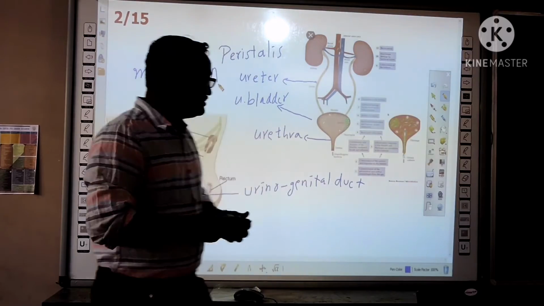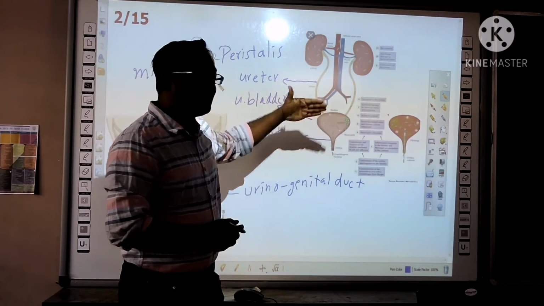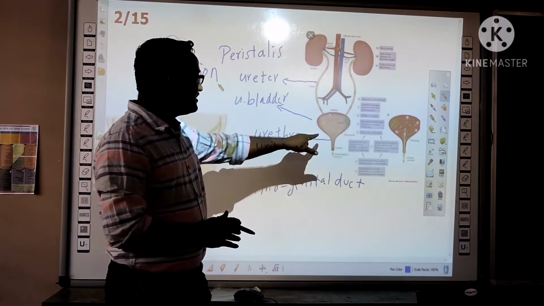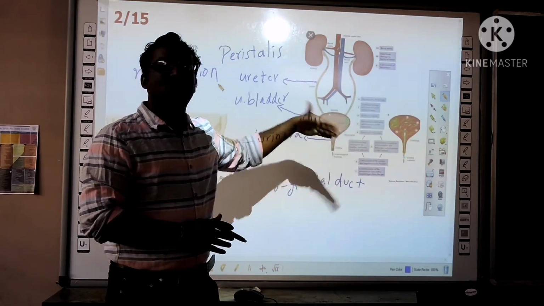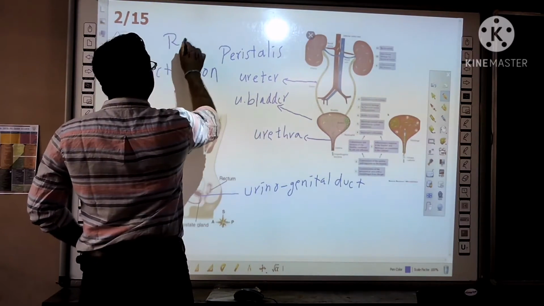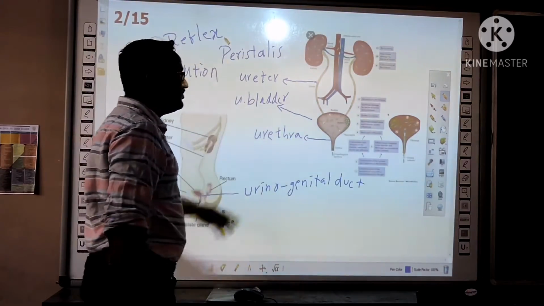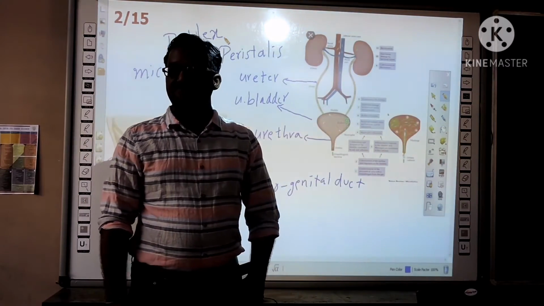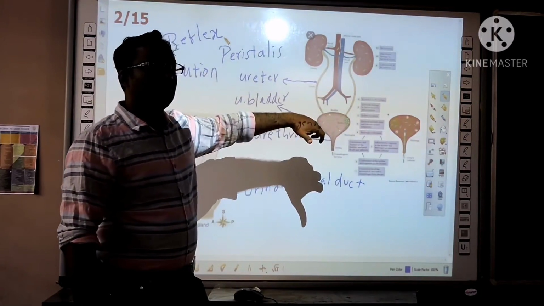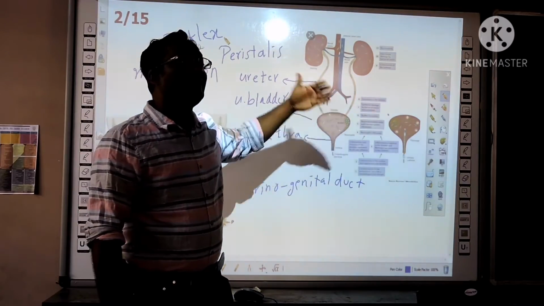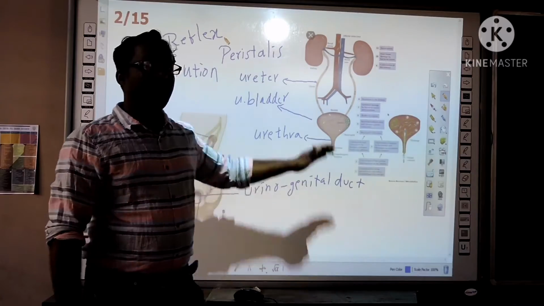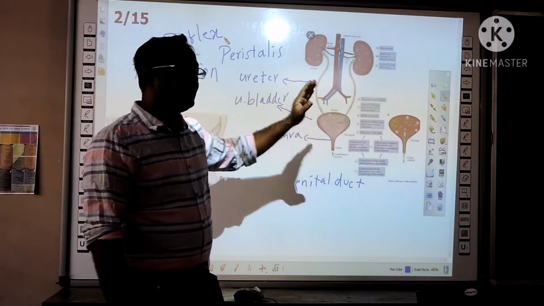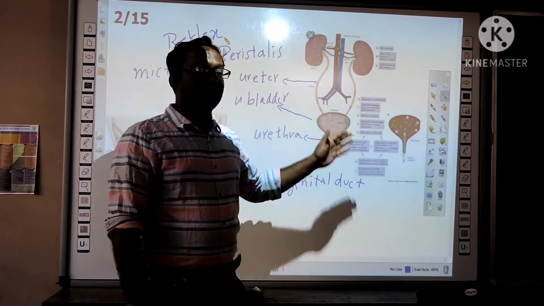Okay, here the upper one is involuntary and the lower one is voluntary in adults. That's why, whenever the upper sphincter opens through the reflex action, we can control the micturition through the lower sphincter muscle. That means we can retain the urine in the bladder up to 800 ml. Actually, when it fills up to 300 ml, the upper sphincter opens, but we can retain the urine up to 800 ml because the lower muscle is voluntary.